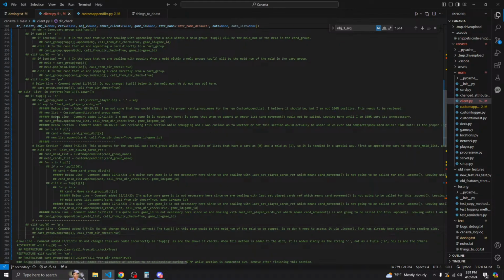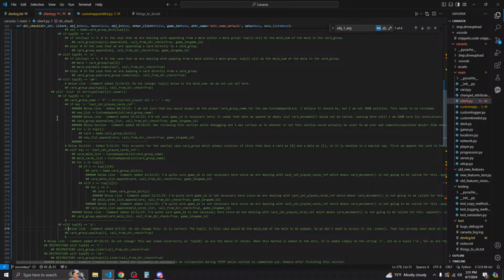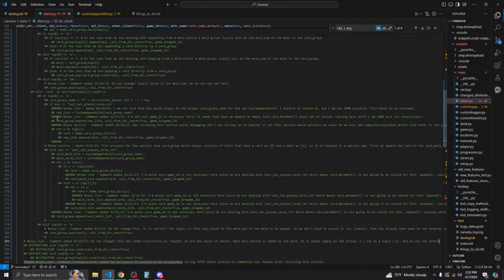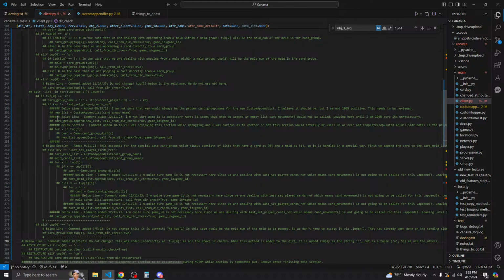So in this case, we are popping a meld from whatever card group. Okay, and then this says do not change. This was coded correctly. This was coded incorrectly as tuple 0, as are the above if checks. When this method is added to the dict, it is added simply as the string C. It's tuple A56, as are the others.